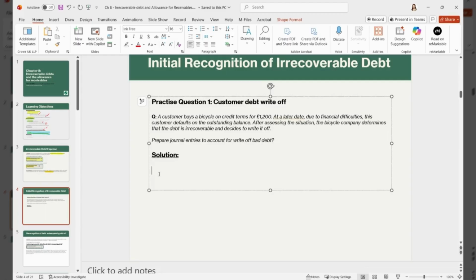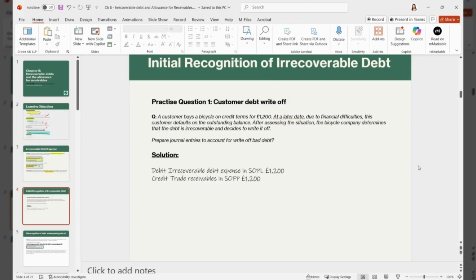From the requirement, we can clearly identify the amount of debt being written off: £1,200. To account for this, we need to create the following double entries. Debit irrecoverable debt expense in the statement of profit or loss, £1,200. Credit trade receivables in the statement of financial position, £1,200. Why do we do this? Debiting the expense recognizes the cost of the bad debt. Crediting trade receivables reduces the amount we previously expected to collect from the customer because this particular balance is no